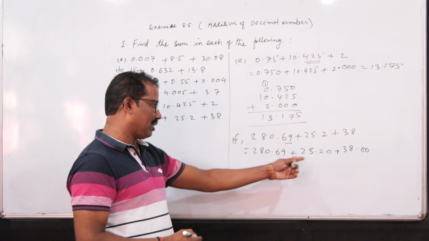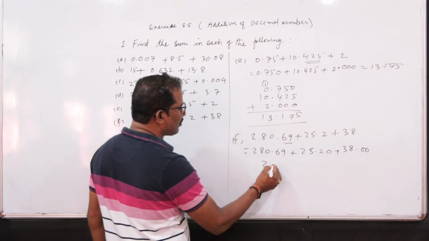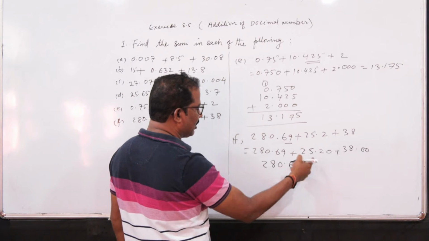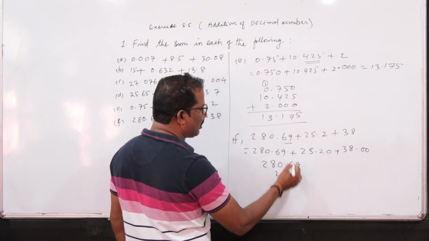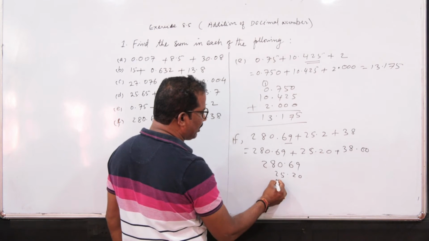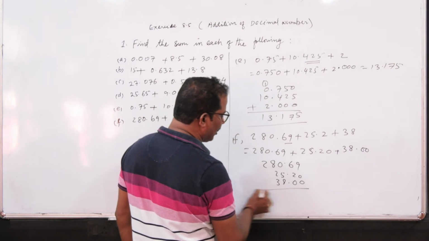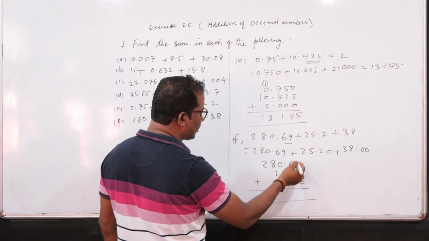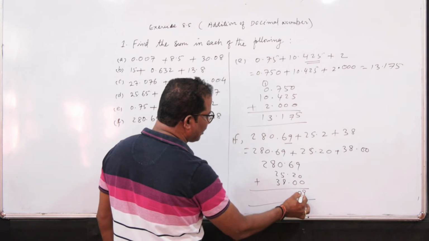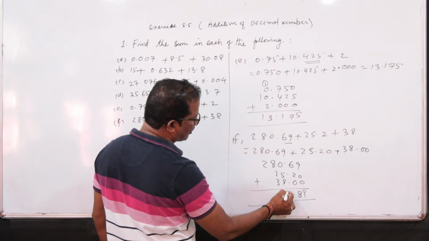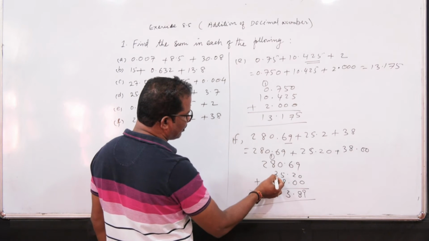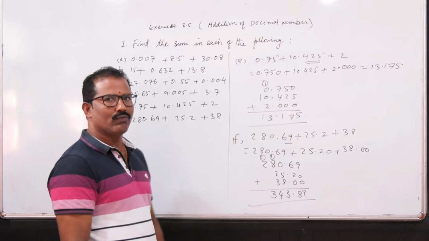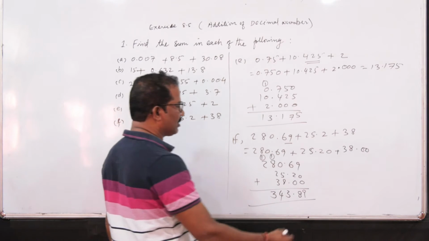So after converting all the given numbers into like decimals, now we can add by writing like this. It is 280.69, 25.20 and 38.00 only. Now we can add here. In the decimal place, here 9 only, and here 8, then the decimal point, and here 13. 1 will go carry, 9, 11 and 14. 1 will go carry. So it is 343.89 only. Understand, all of you?